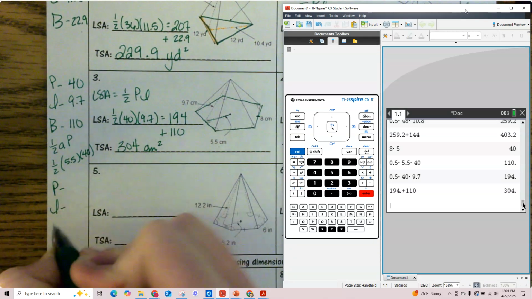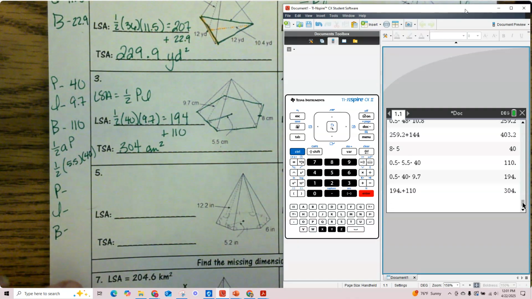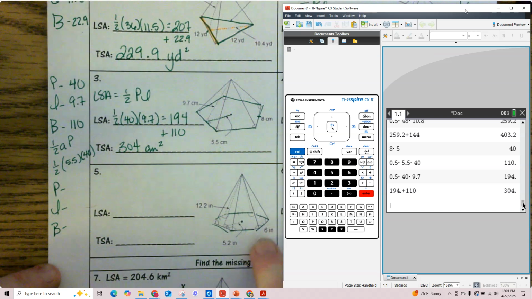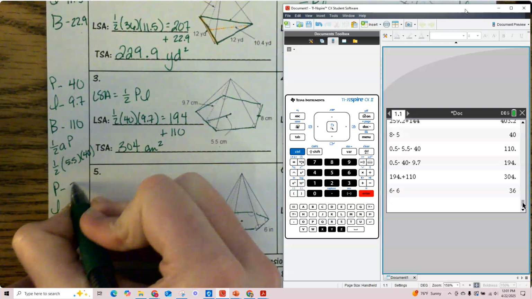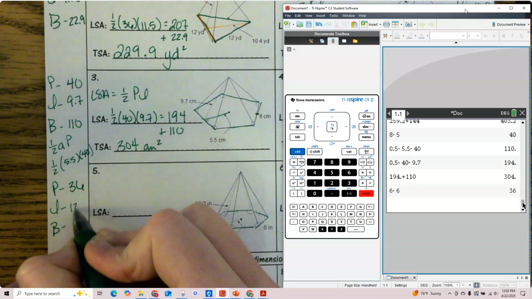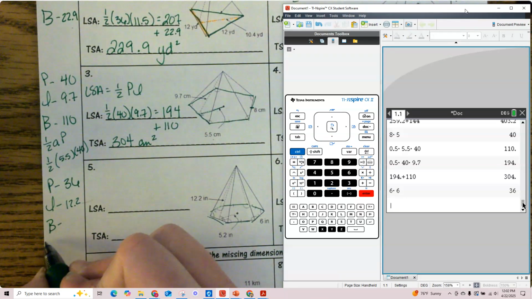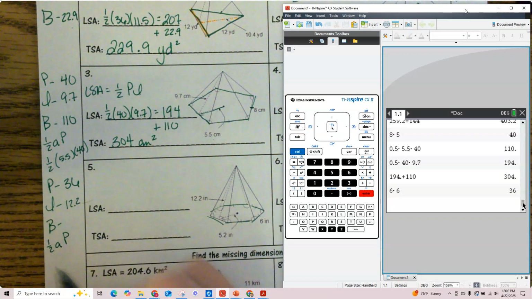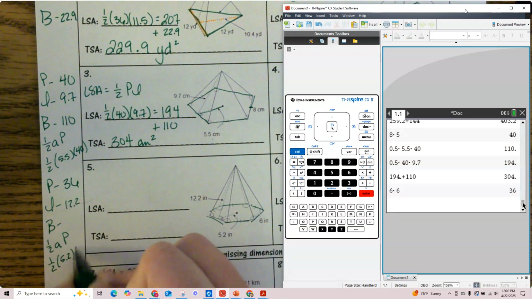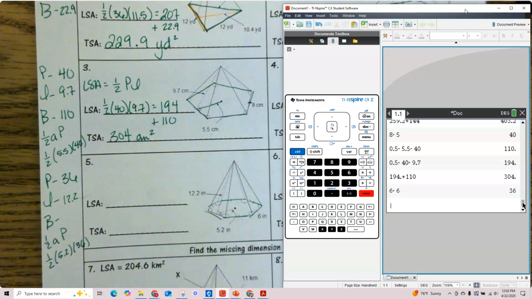P, L, big B. All right, so here's my base. I got 1, 2, 3, 4, 5, 6 sides. Each side measures 6. So 6 times 6. That's my perimeter. Slant height, 12.2. And then big B, 1/2 the apothem times the perimeter. So apothem here is 5.2. We've already found the perimeter. And we get